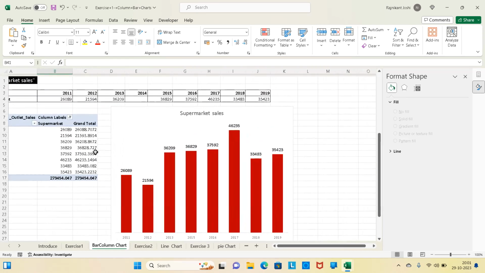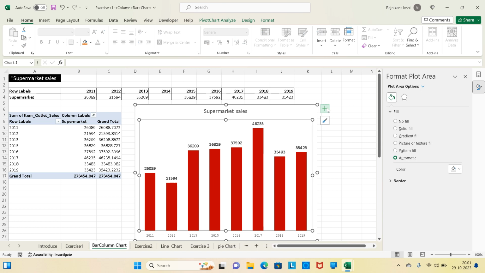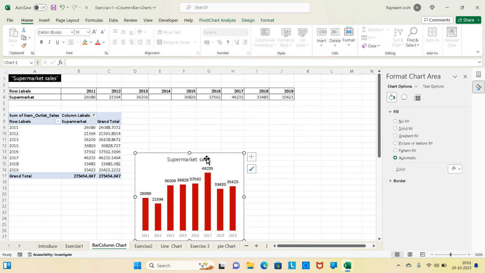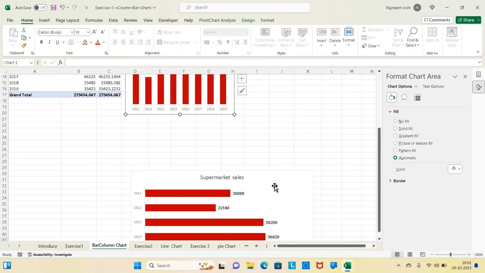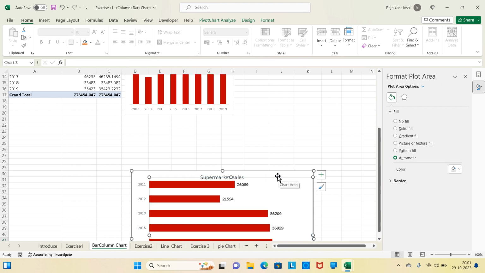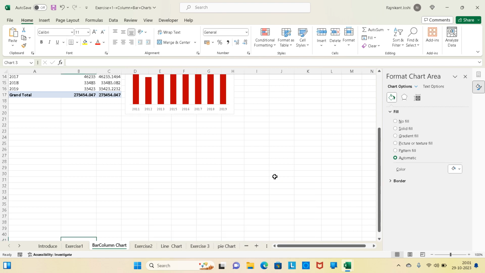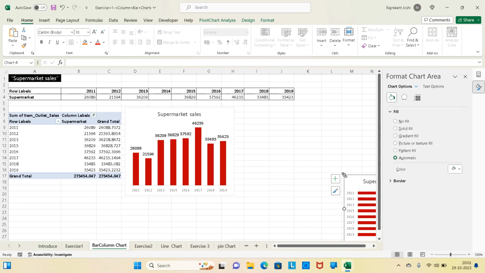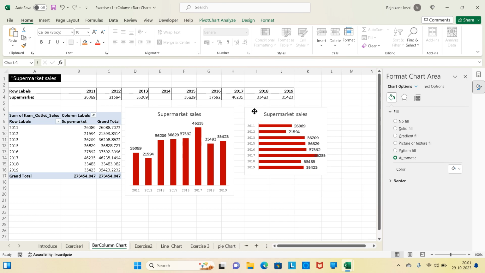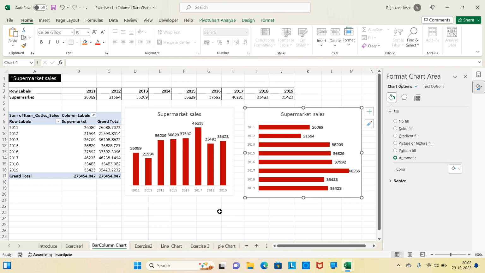So we have two different beautiful charts ready. I just decrease the size of it, and bring it back up here, just one window, and I cut it and paste it here. And our two beautiful charts are ready. So we can do so many things in Excel. I will now take a screenshot of this window,